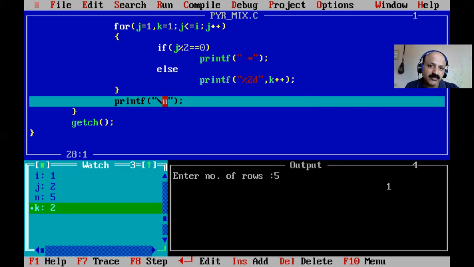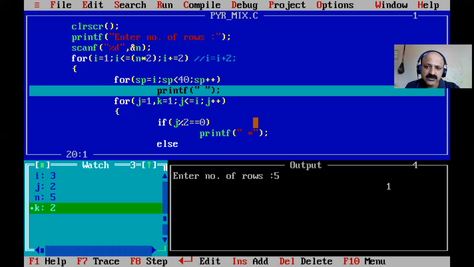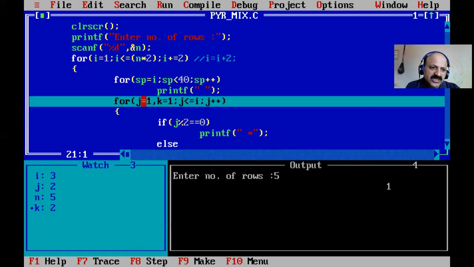But now slash n, our first inner loop is false, then again i equal to i plus 2, so i is 3, and that 37 page, so I just bypass. What is the cursor position? Yes, now I think okay, 1 or 2 is required, yes, 1. Now okay. So j is again initialized to 1 and k is initialized again, that is the comma operator, you can double part initialize, and also you can double part increment, also condition with the help of comma, or here condition you can use logical and or operator, but here just only this initialize part is doubled with the help of the comma operator.